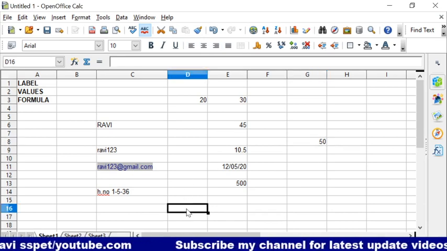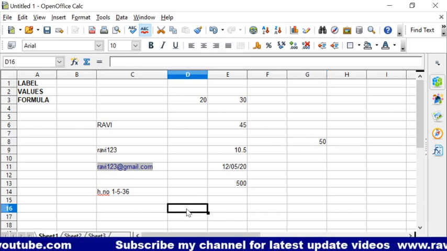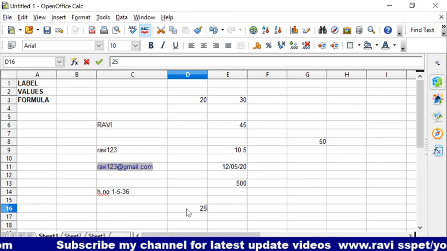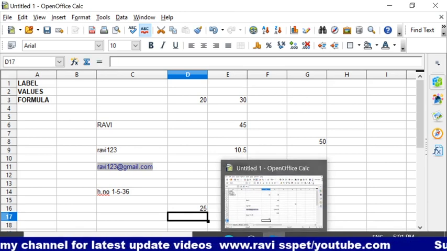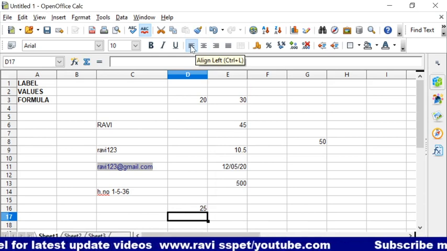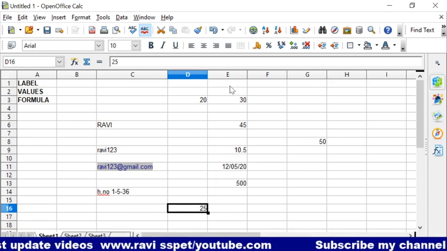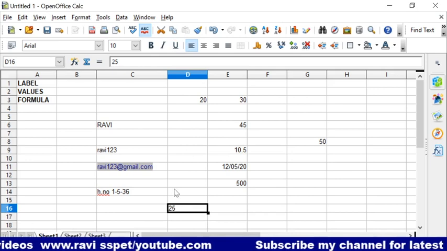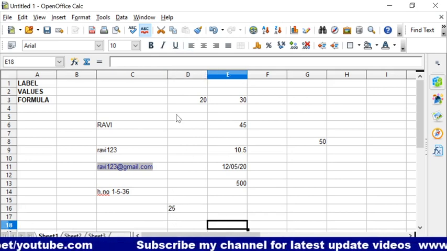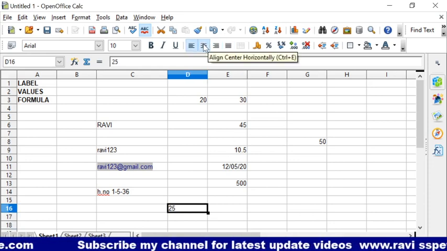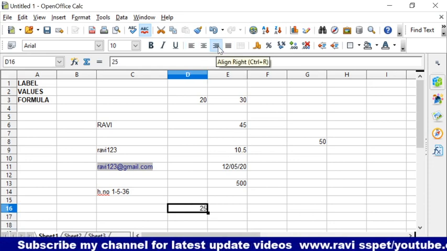For example, in this cell I have entered 25 and I am pressing enter. Suppose I press left, it comes to the left side. If I click center it will come to center, right means right side.